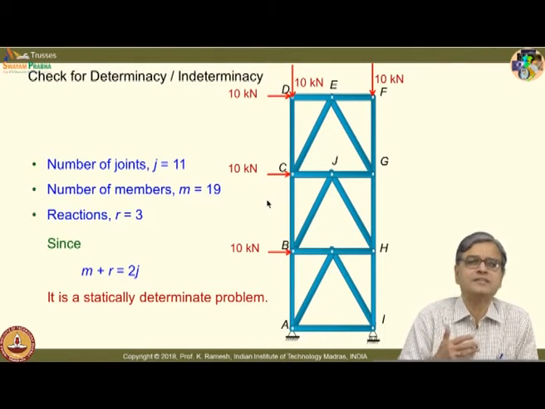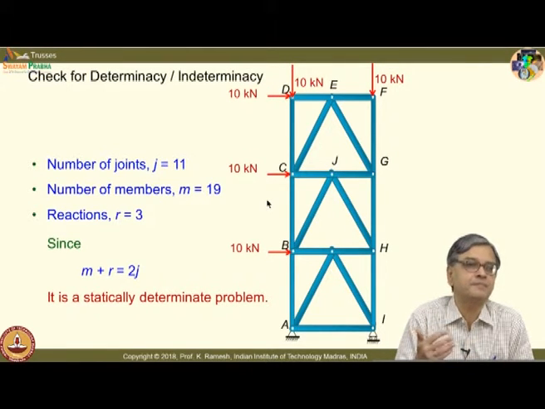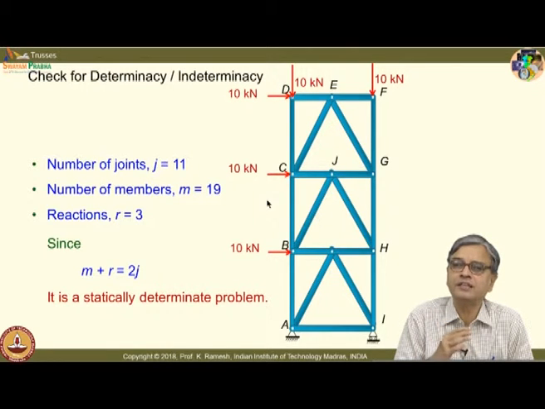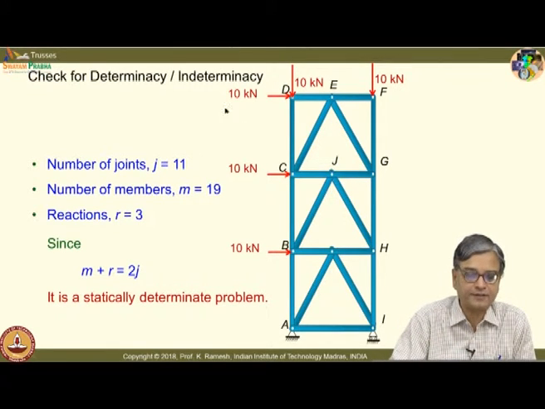It is very obvious in this case. See, if I have a truss which has essentially triangular shape in every section of it, no cross braced members, and the 2 supports, one of them is a pinned joint and the other one is a roller support, invariably it will be a statically determinate problem. But it is better when you are learning the subject, check this for each of the problems you solve. You get the training to do that.